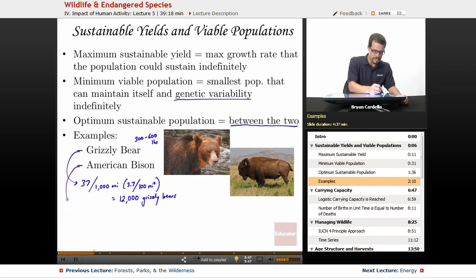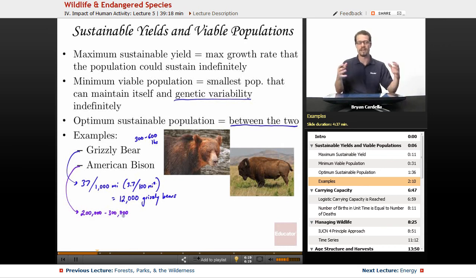Now the American bison is estimated to be 200,000 to 300,000 in total, and there are bison in every state, including Hawaii. And interestingly enough, Hawaii is different from their native habitat of the grassland or plains region of the United States, the contiguous United States. And even on Catalina Island off the coast of California, you can find bison. But anyways, that's a fairly reasonable number in terms of getting them back to a sustainable population.